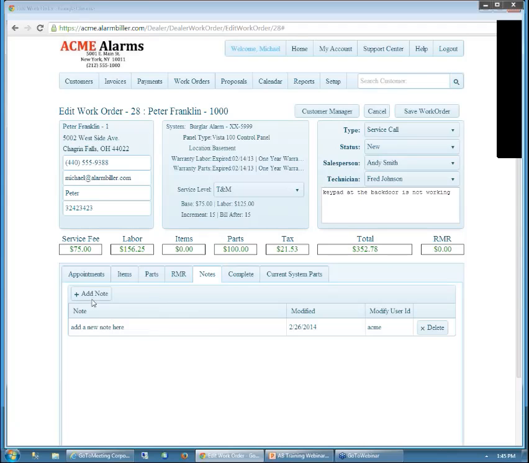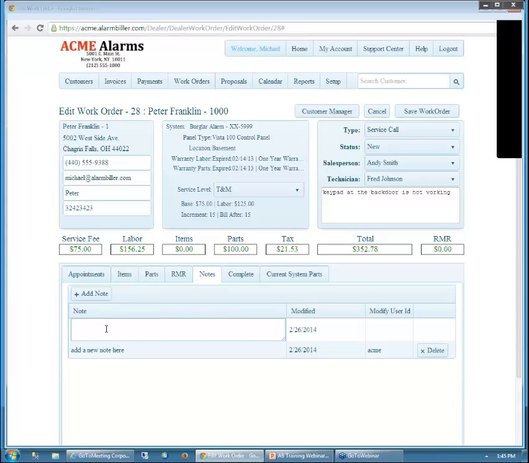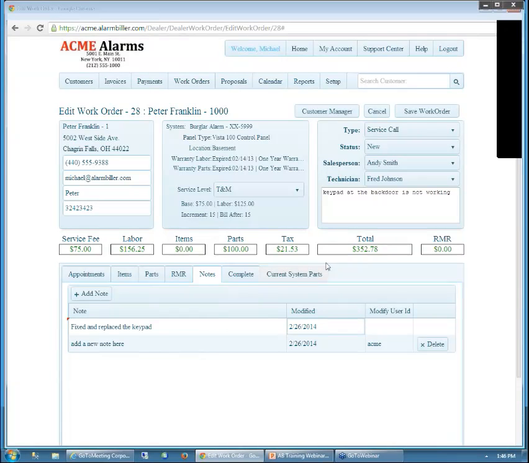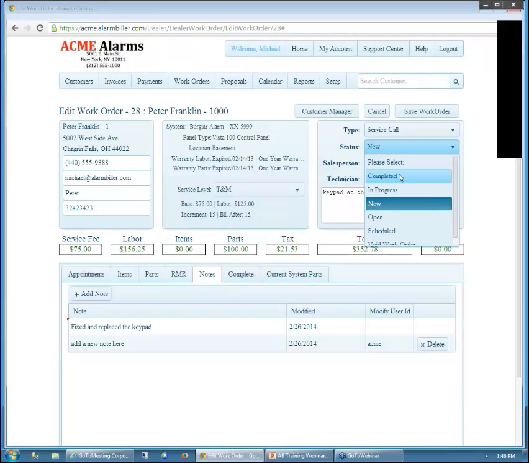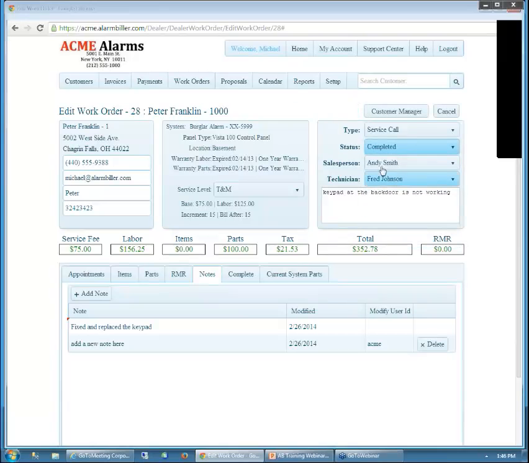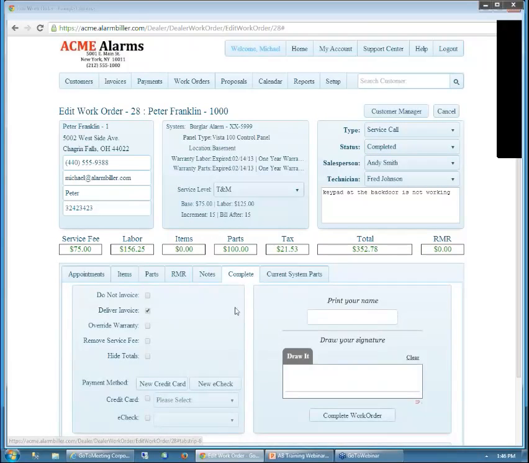Okay, I could put an additional note here of what we did. So I could say we fixed and repaired or replaced the keypad. Okay, and at this point, I can now turn around and put a status on the service ticket, and I'm going to say it's completed. Once it's completed, we can now go into the Completed tab, and this is where the technician can show the customer the charges, explain to them what they did,